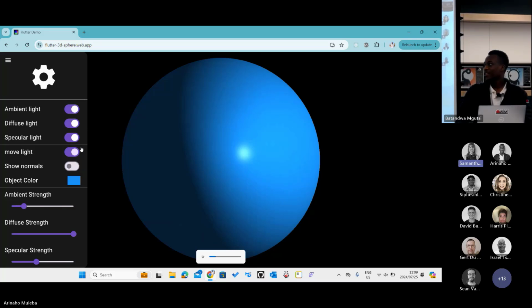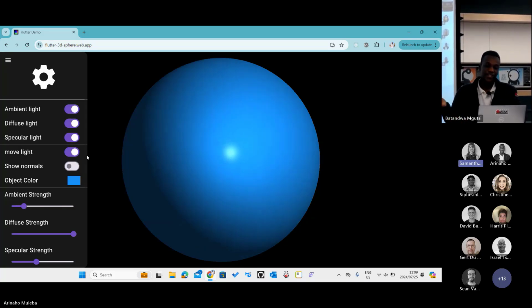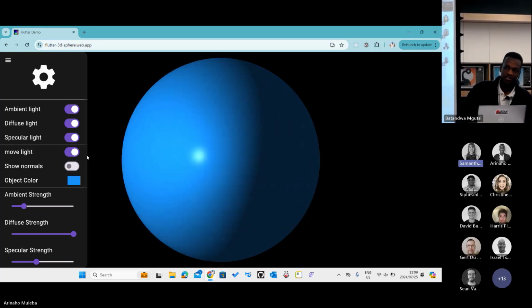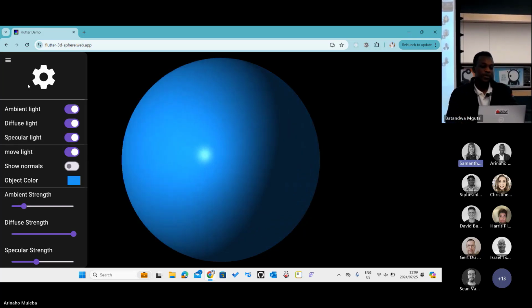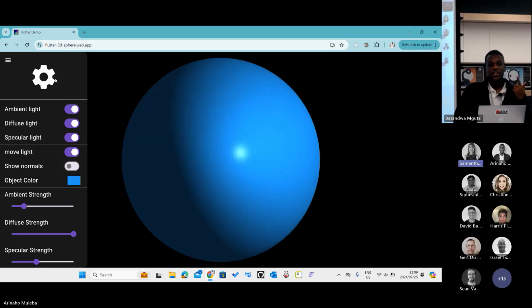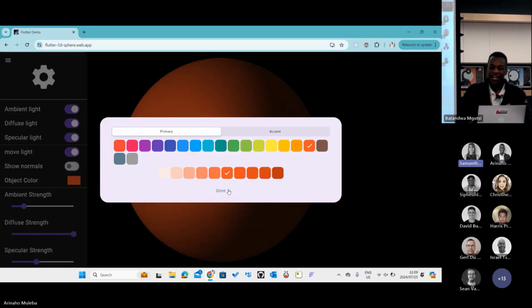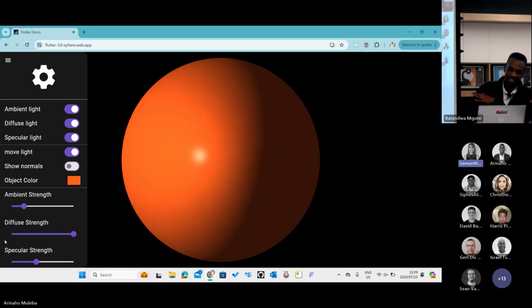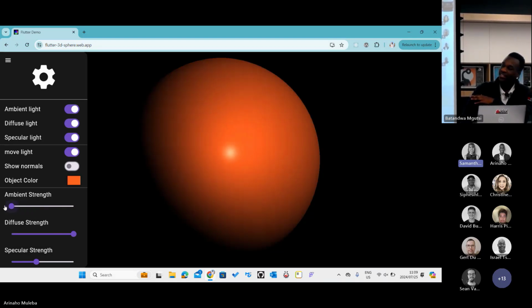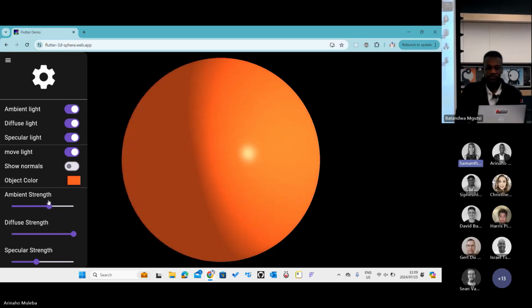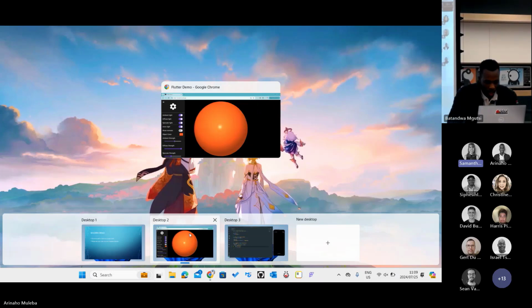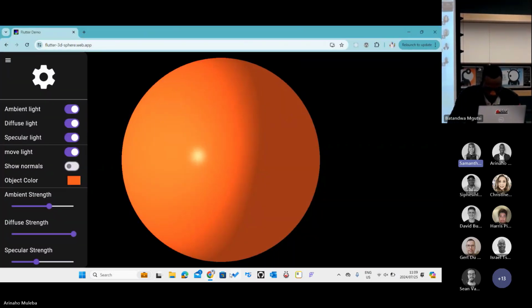What you see here is a super realistic 3D sphere, but it's not really 3D. I was able to pull this off because the sphere is quite a simple object: if you know the center and the radius, you can infer all the points on the surface, and from there you can get your normals. Because it's in the Flutter framework, I can use the UI to change the color of the sphere, to turn down the strength of the lighting, and all those things. Now let me show you the shader that I used to pull this off.